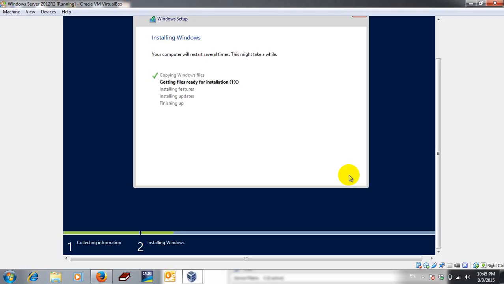Don't do anything until it requires a password for administrator. Okay, wait further. Now only 1%. After 100%, the window will restart.